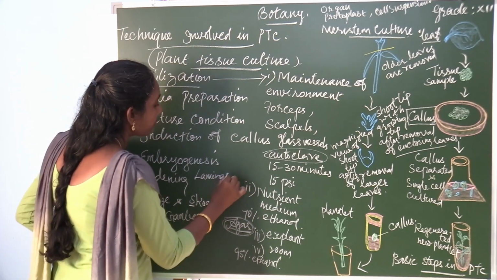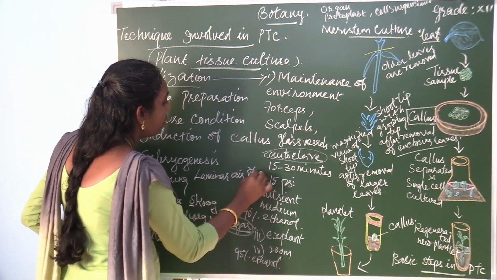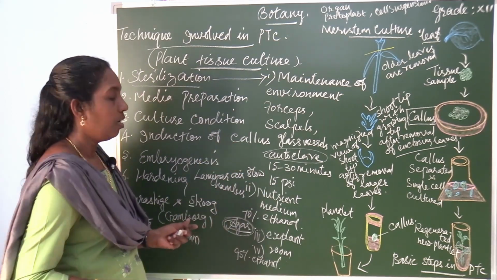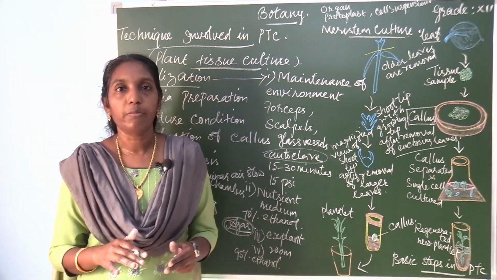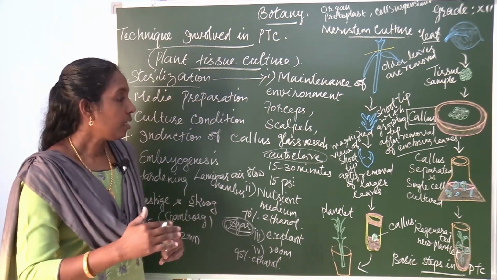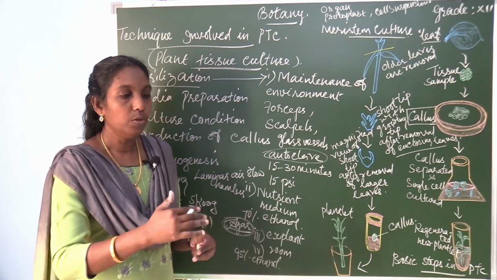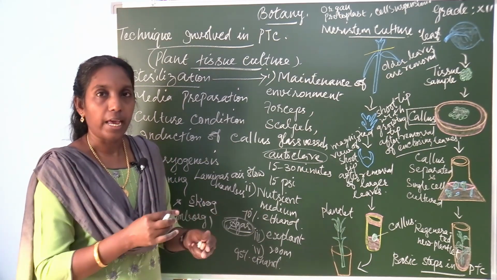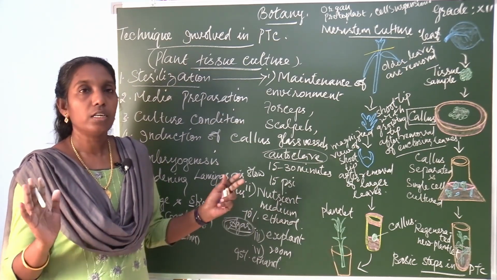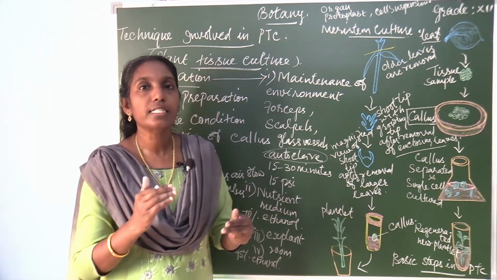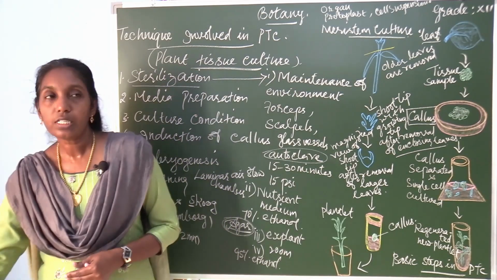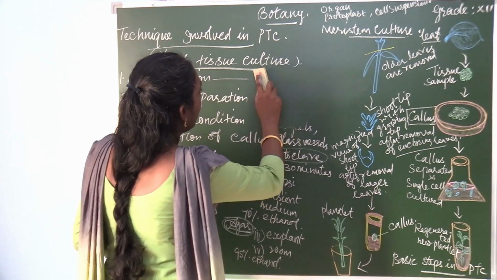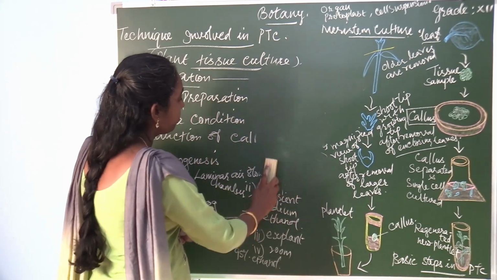The laminar airflow chamber, or laminar airflow bench. Here the air is moved in the same direction, without allowing any cross air to bring in microbes. So, it maintains aseptic conditions. So, the first process is sterilization. After sterilization,